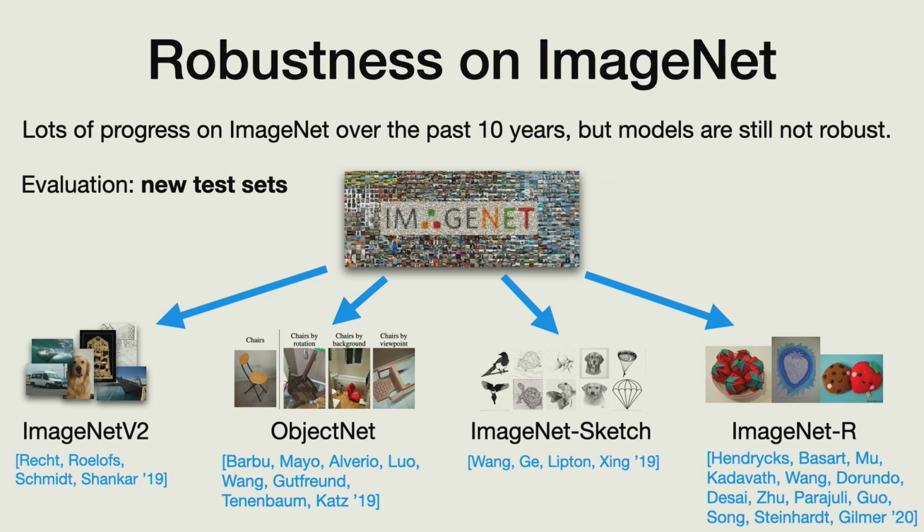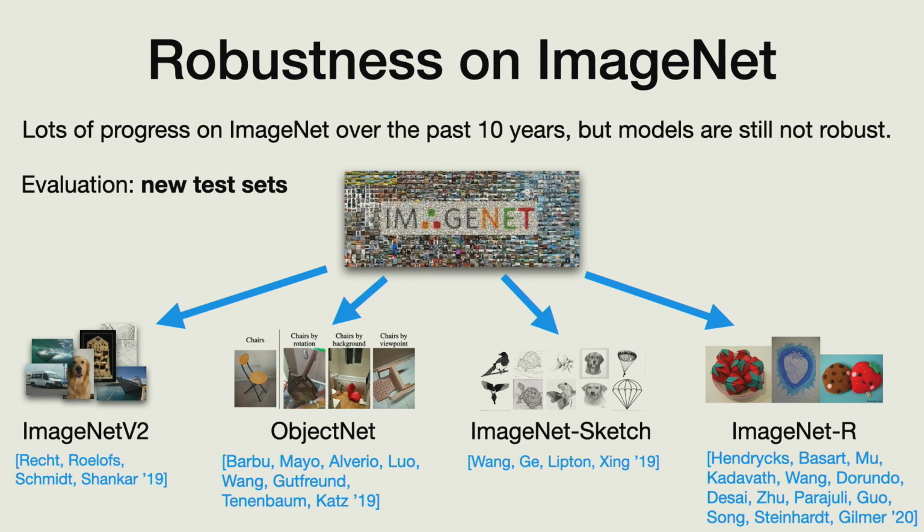Then ObjectNet, this is from Josh Tenenbaum's group at MIT. They set out to explicitly challenge Imagenet models by telling crowd workers to take pictures of objects in unusual rotations, for instance, or in unusual locations. Like normally chairs would maybe be more in the kitchen or living room in Imagenet, but they told the crowd workers, hey, take a picture of a chair in your bathroom and the chair should be upside down. So it's clearly still a chair to a human, but probably models haven't seen this kind of combination of background and orientation in a training set.